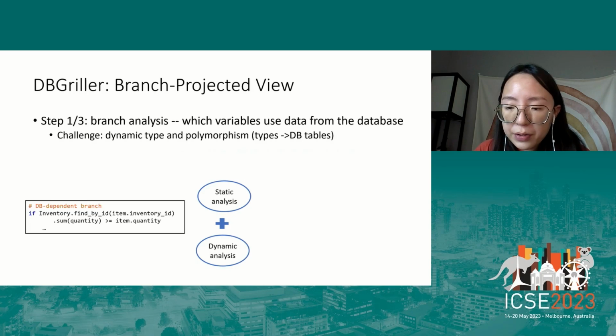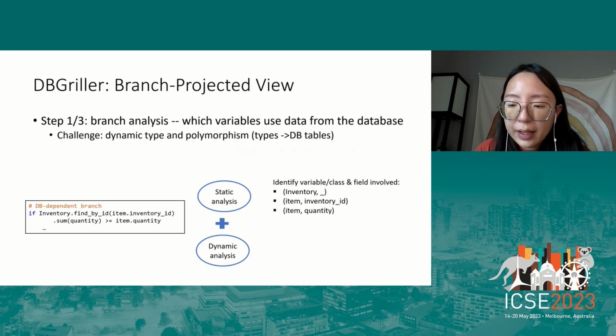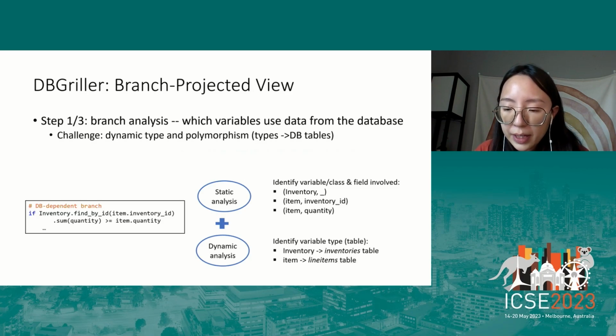Static analysis is used to find out which variables and classes are involved in the branch, like the item table, and which field is involved, like item.inventory ID. And then we run the existing test and check the type of these variables. Like running the branch, we inspect and get that the item variable is of class line item, therefore mapped to the line items table.